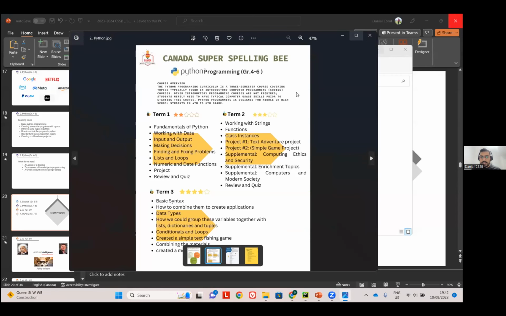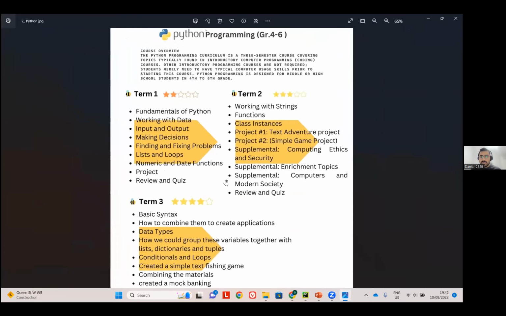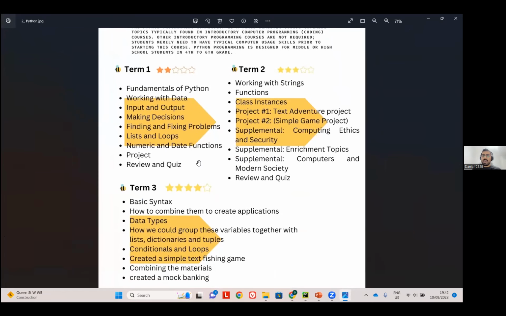So this is going to be the Python class. It's also going to be 3 semesters. Each semester is going to be 10 weeks. And you can see the syllabus for each semester. For the first one, we have fundamentals of Python, working with data, how to get data from input, how to express it as output, how to make decisions, lists, loops, and all the other things that are necessary in Python.